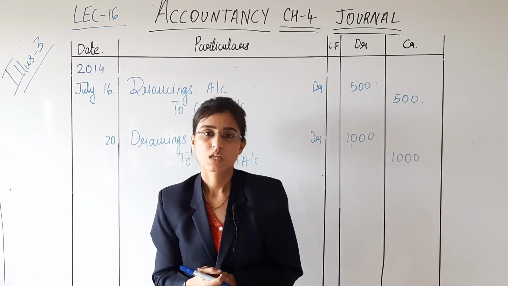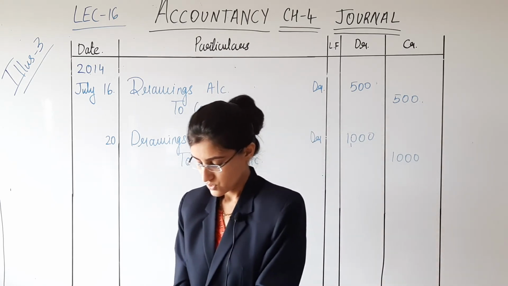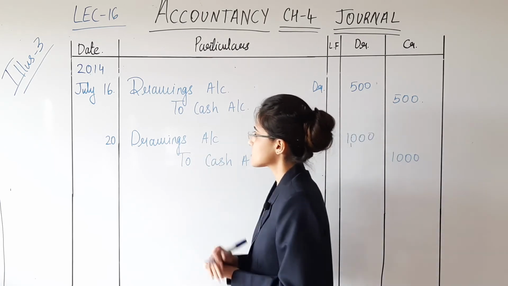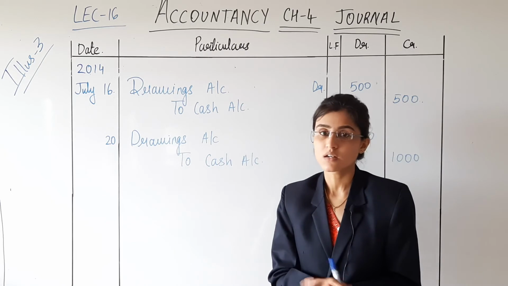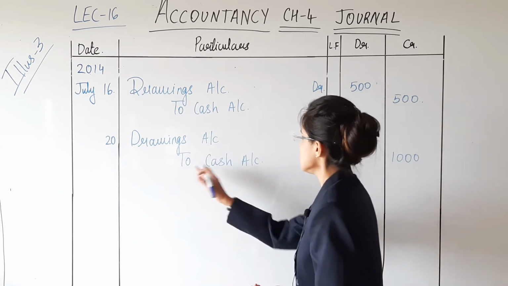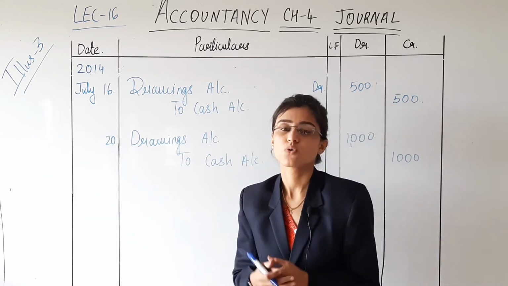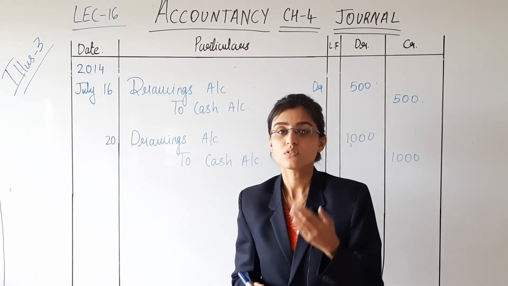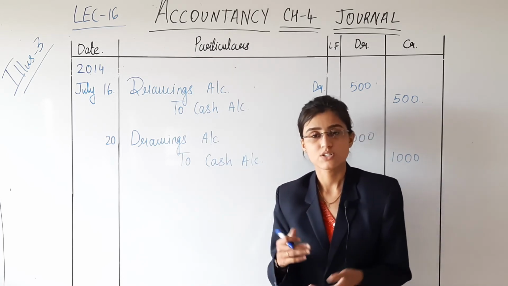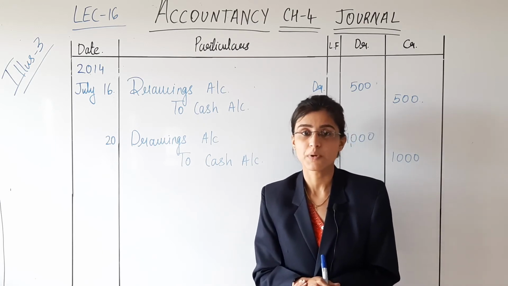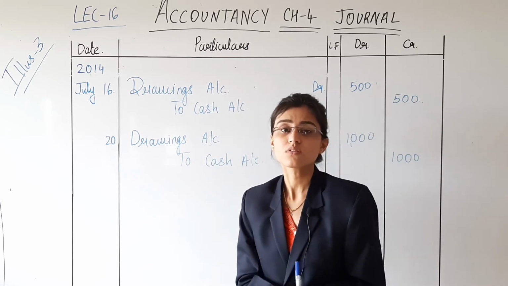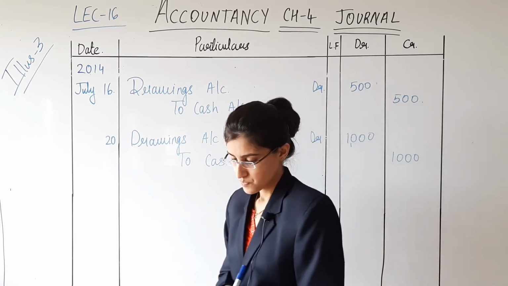All right. Okay. So the next journal entry, I can explain this if you are facing any difficulty. Firstly, it is withdrawn for personal use. It is clearly written in the transaction. Hence, this is drawings. Then to cash account. Cash goes out. Credit what goes out. If cash comes in, then cash is debited as per the rule of real account. Debit what comes in. And further, here it is credited. Credit what goes out.